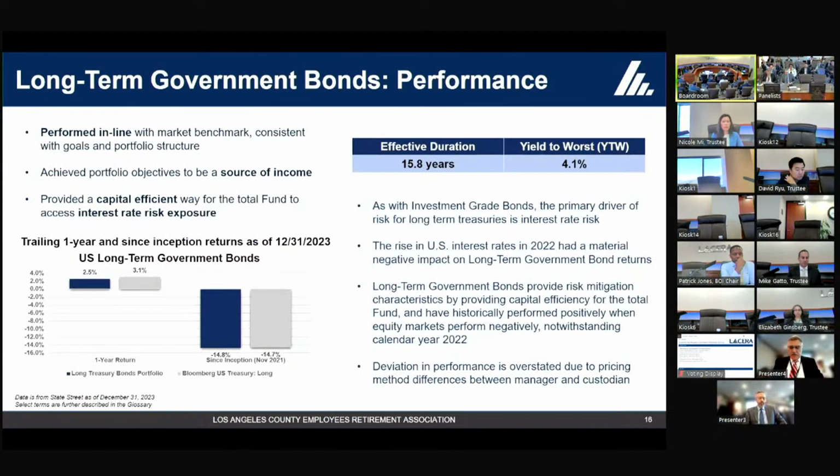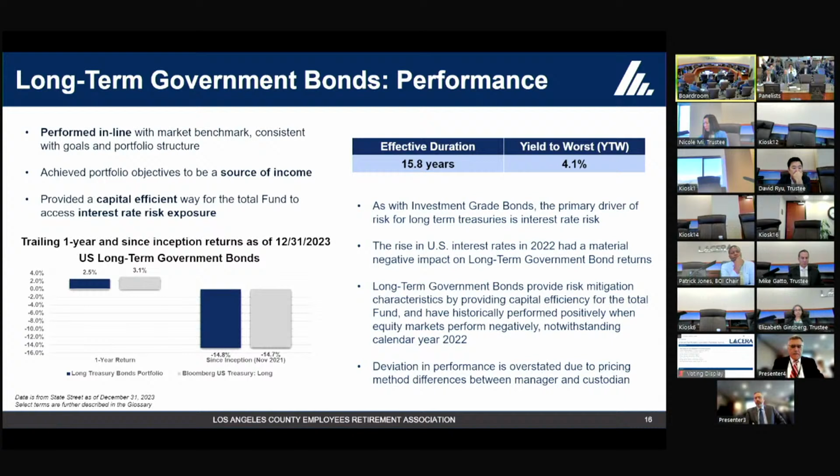Turning to performance, we see that over the past 3 years, the portfolio has essentially matched the index. I will note that the 1-year return difference is a little bit misleading and is entirely attributable to the fact that our accounting books use a different pricing source than the index to value our holdings. These pricing differences cancel out over time, as reflected in the 3-year returns. Nevertheless, we're working to eliminate these short-term discrepancies by working with our custodian to use the same pricing source as